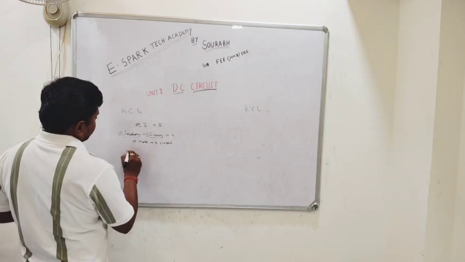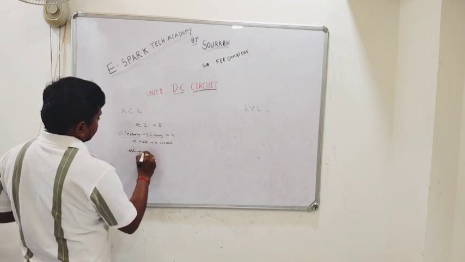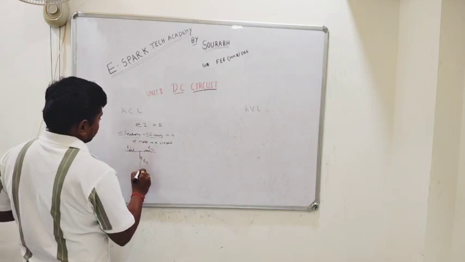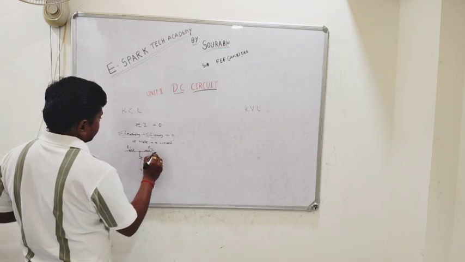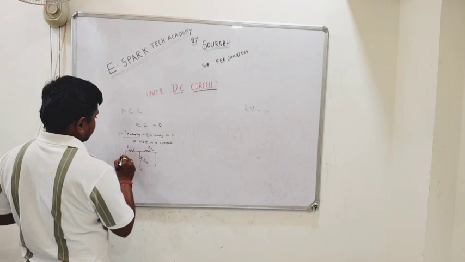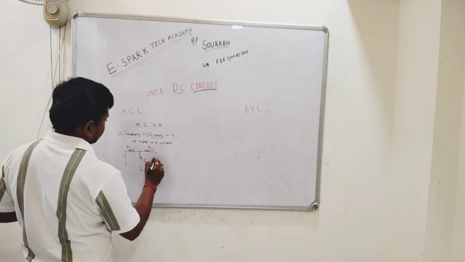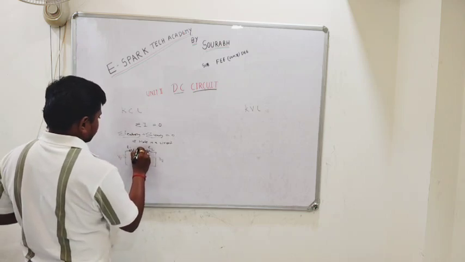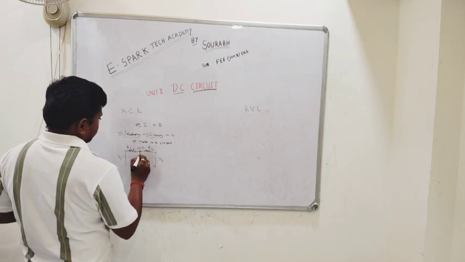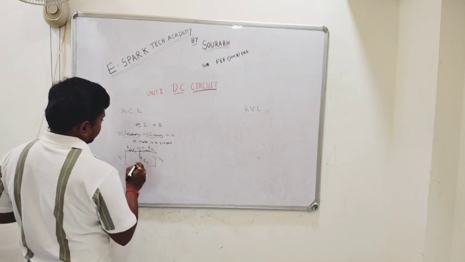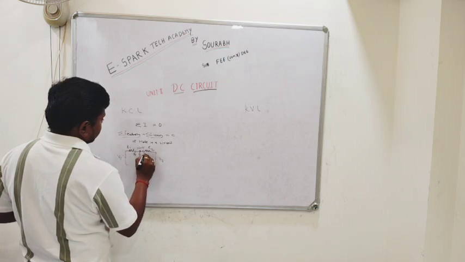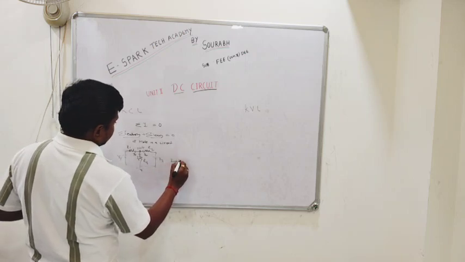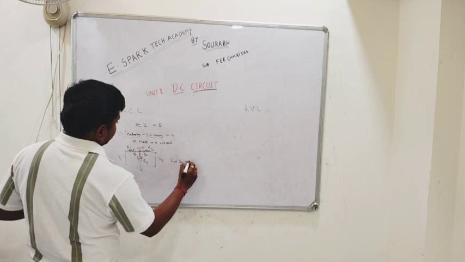electrical circuit. You can see this is R1, R2 and R3. This may be V2, this may be V1. This is the node. These are the current flowing directions. Let it be I1, let it be I2 and let it be I3. Here I1 plus I2 is equal to I3